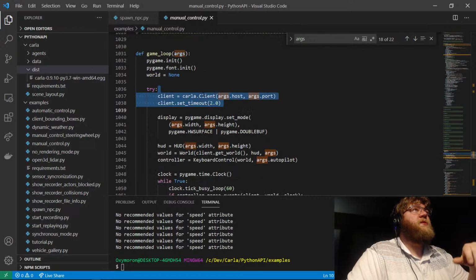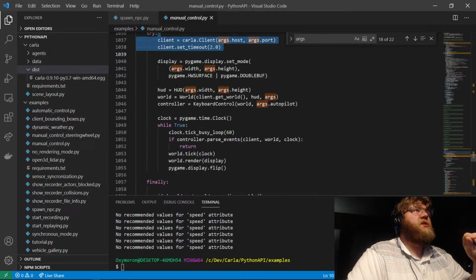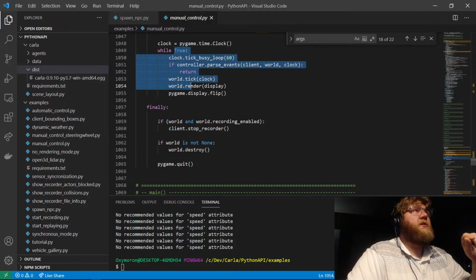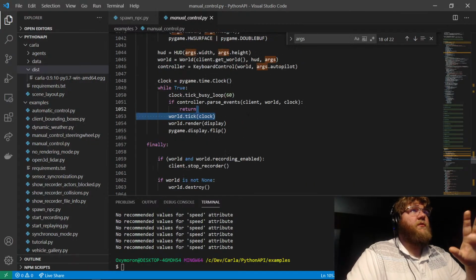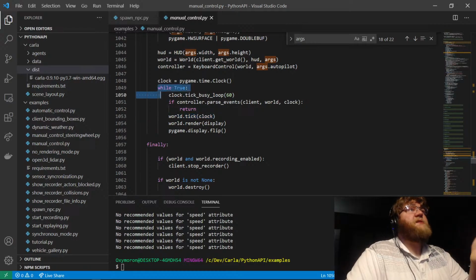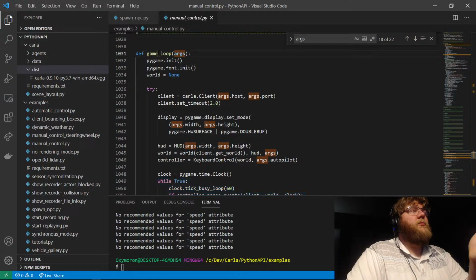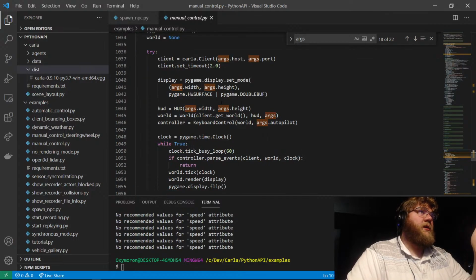So the client is being defined in the game loop. Is this actually where it's being iterated? No, here's the iteration. Okay, so this is world.tick. Does my client have to advance the world tick? Okay, so this is getting more into game programming, and if you've ever done a game loop in a program before, that's basically what this is right here. Well, it says it, but